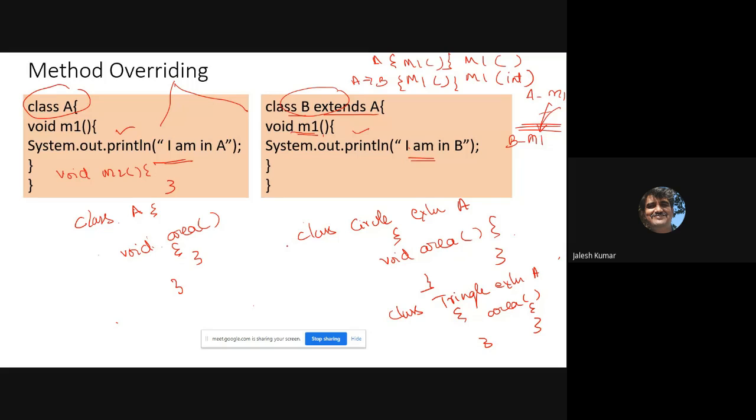So it is a good design option, because if I refer to the Circle class, area means I will get the area of a circle. If it is the Triangle class method, it is the area of a triangle. The base class gives the particular template, like an area method. If you remember virtual functions in C++, it works like that.